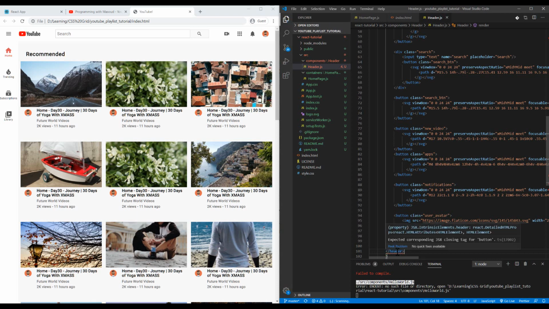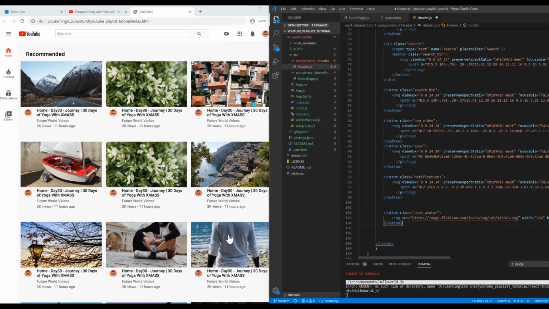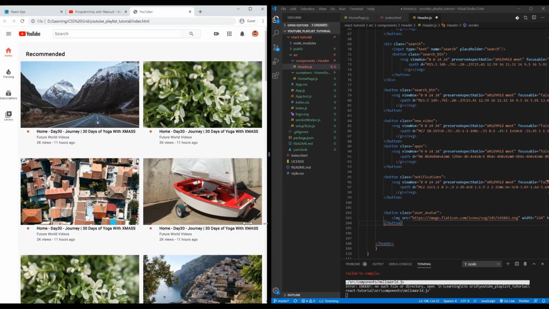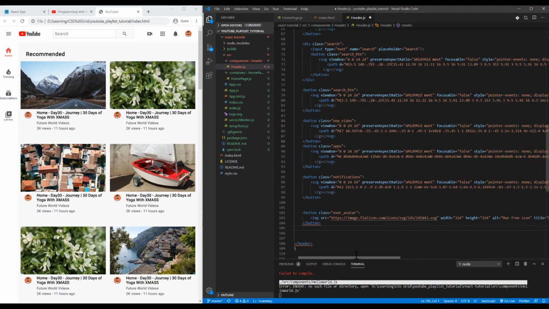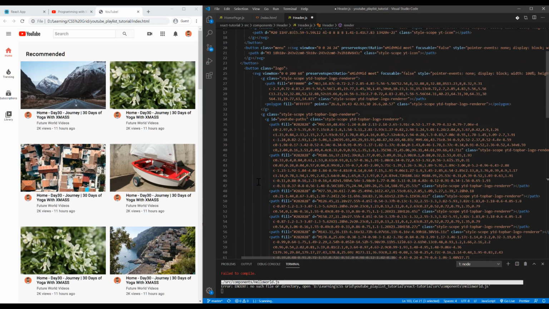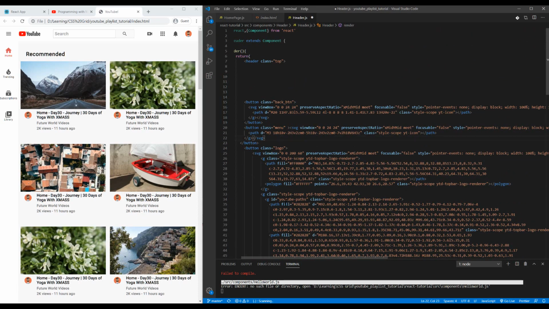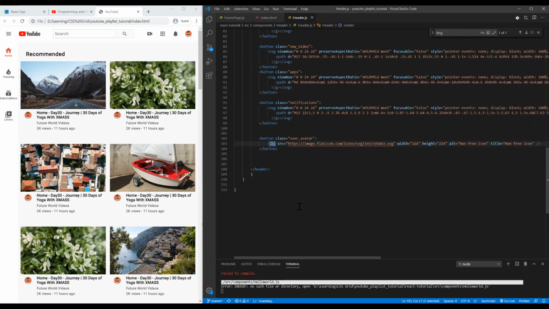What's the problem? Yeah, let me check. Yeah, in React.js we need to close our tags, and it's necessary, so I need to change all images and close them. Let me check. Do we have another image? No. So yeah, and